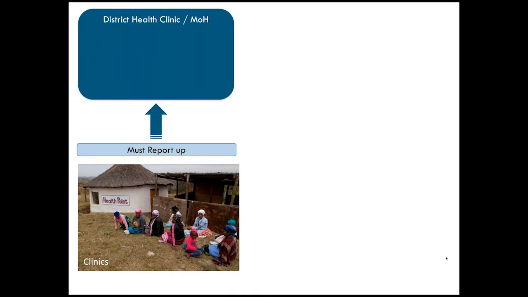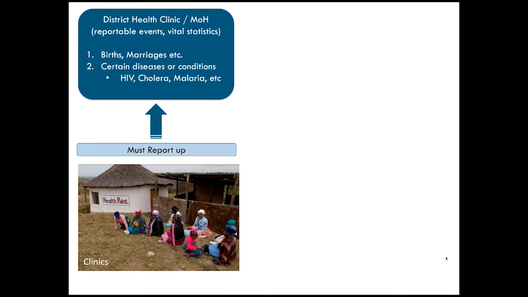Now, I said before that you report these diseases up, very often at the ministry level or the clinic level, reportable events, and you also have other reportable events. For example, there's something called vital statistics, the Bureau of Vital Statistics, the Office of Vital Statistics. These are people recording everything from births, marriages, deaths, and the reportable diseases. So these reports can be very useful for us in determining, is one community getting more disease than another?